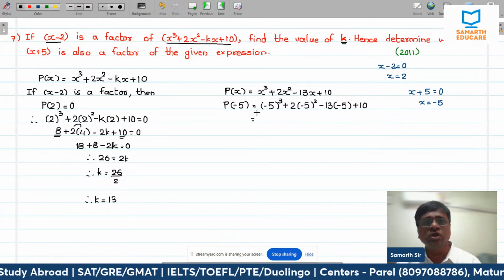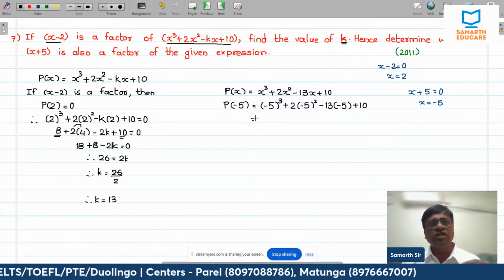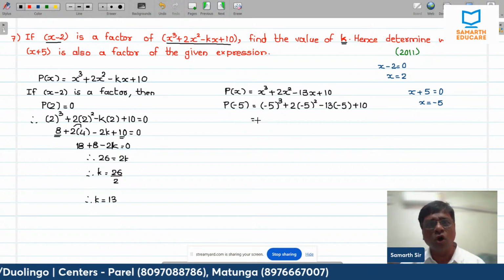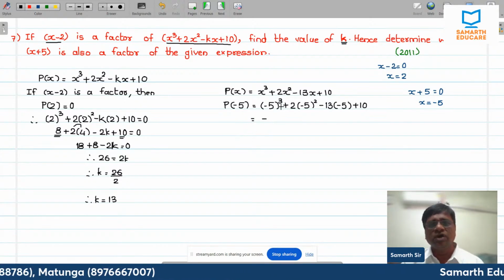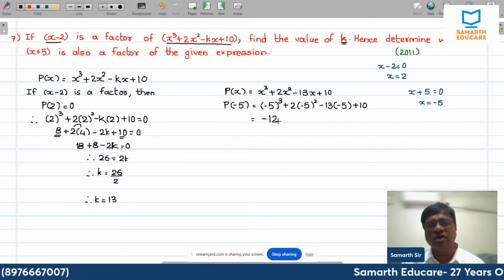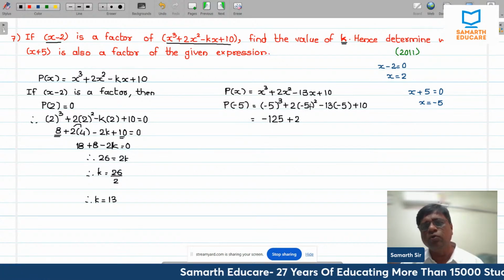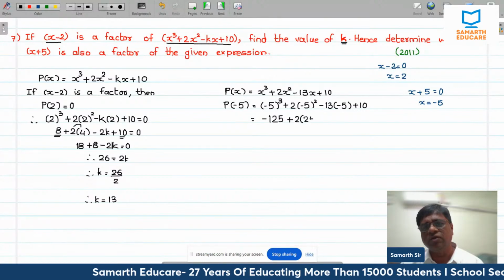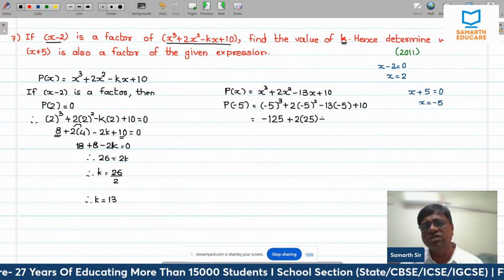If it is raised to even power, it remains positive. I repeat, if a negative number is raised to odd power, that is 3, it remains minus. Minus 5 का क्यूब कितना होगा? 5 into 5 into 5, that is 125, so minus 125, plus 2 into minus 5 का स्क्वायर कितना होता है? 25. Minus 13 into minus 5 is 65